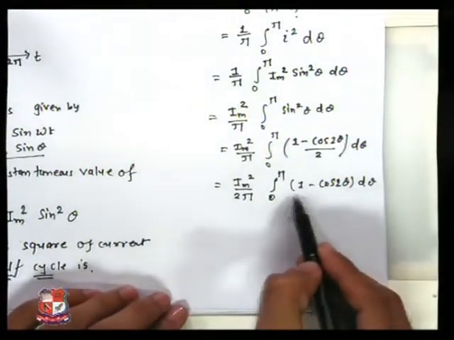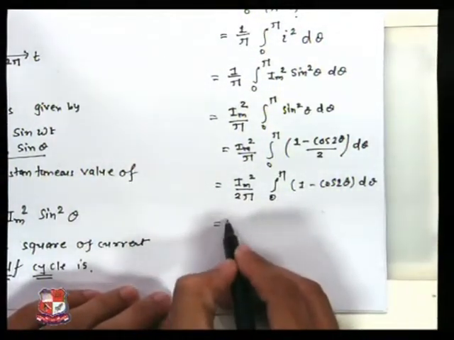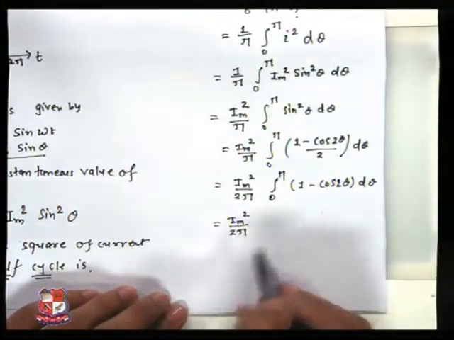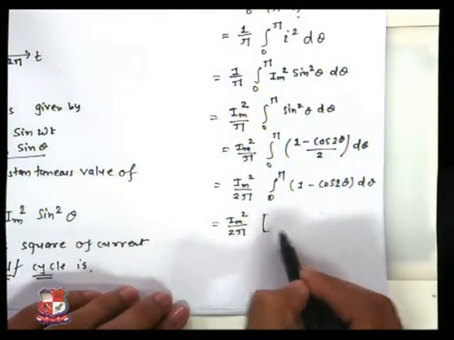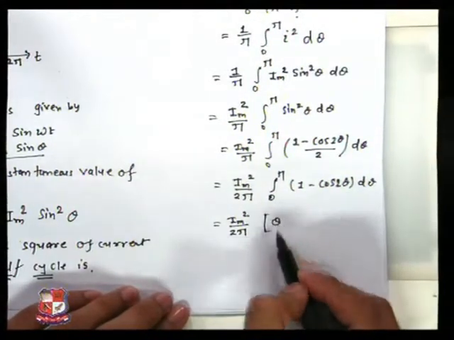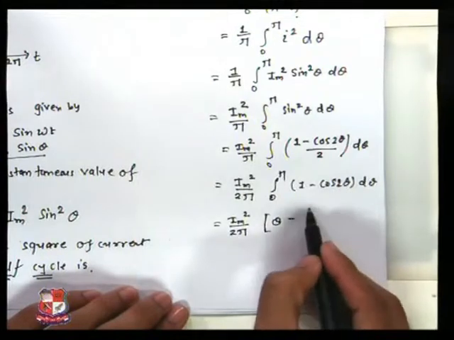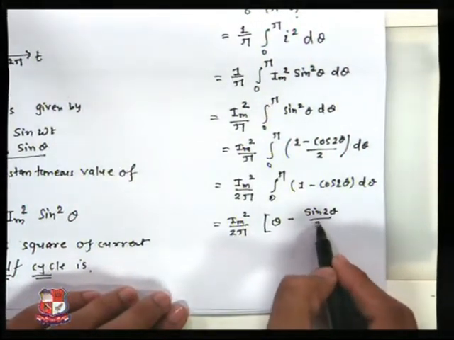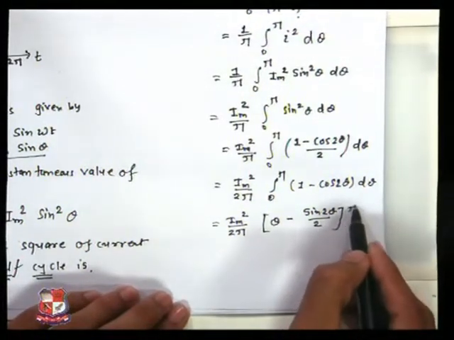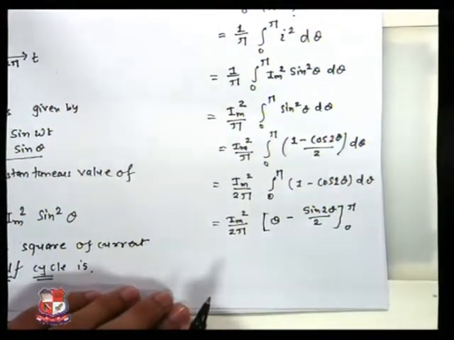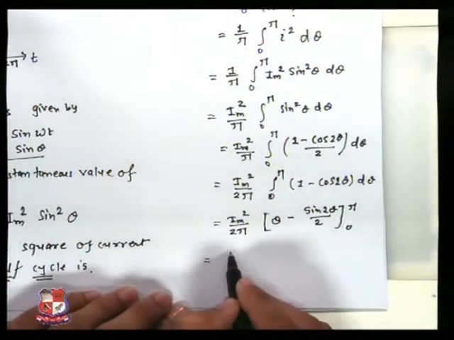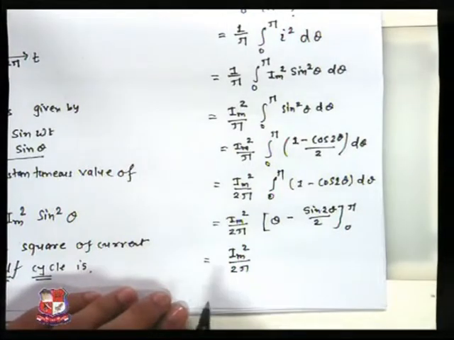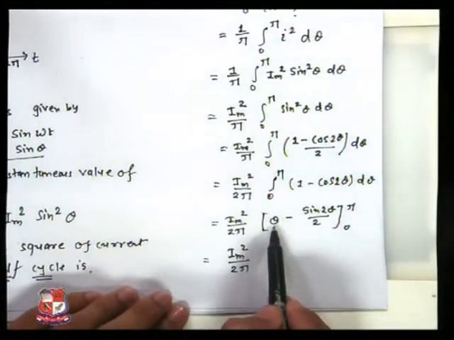Now integrating this term 1 minus cos 2 theta, we get Im square upon 2 pi integration of 1 with respect to theta is theta, minus integration of sin 2 theta is sin 2 theta upon 2, put upper limit and lower limit. As I solve this term by putting upper limit and lower limit, upper limit is pi